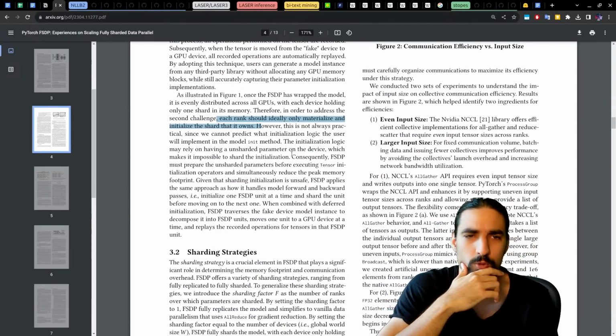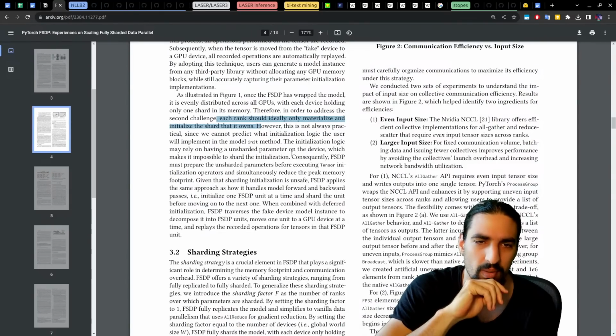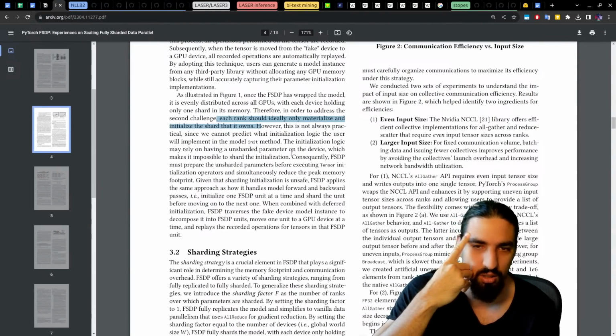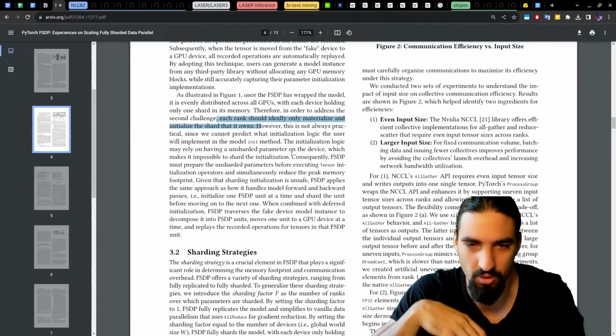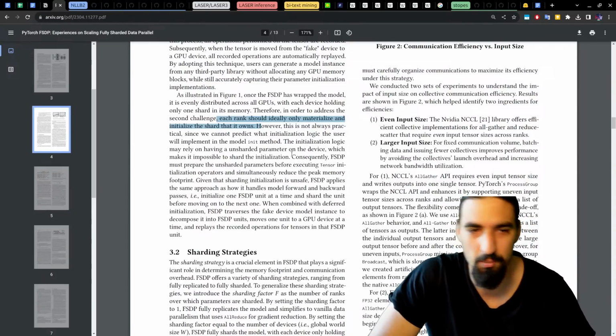However, this is not always practical since we cannot predict what initialization logic the user will implement in the model init method. The initialization logic may rely on having an unsharded parameter on the device, which makes it impossible to shard the initialization. Consequently, FSDP must prepare the unsharded parameters before executing tensor initialization operators and simultaneously reduce the peak memory footprint.